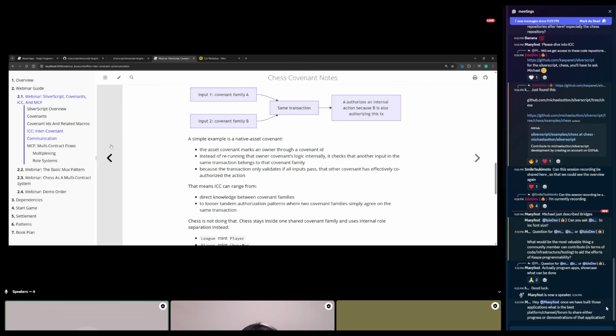And here I'm going to talk about multi-contract flows. The reason we need multi-contract is because every spend of a contract actually requires you to provide the full contract script in order to prove the spend. If you just make one contract bigger and bigger, eventually it grows out of the limits of a single transaction. You can't really ever use it.